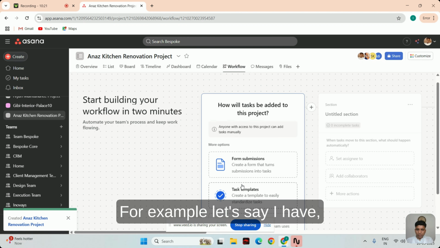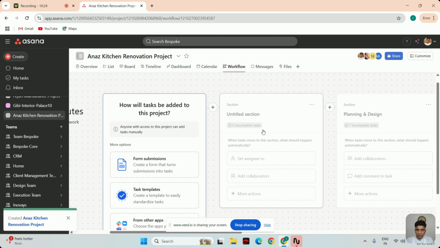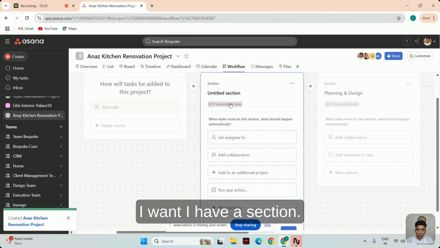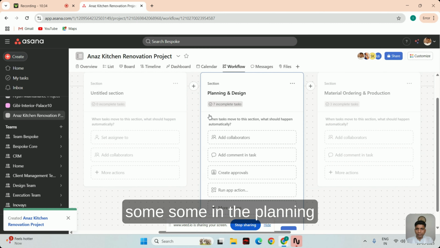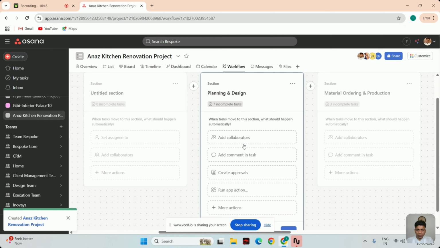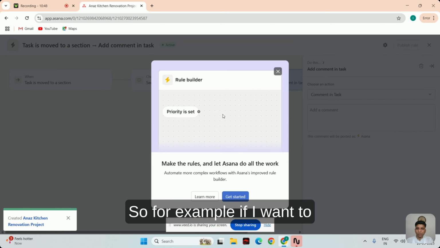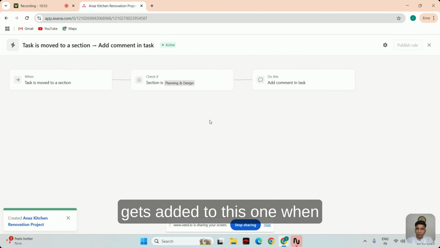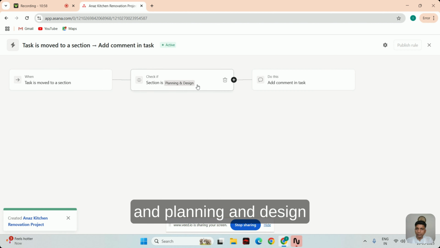For example, let's say I have some tasks in the planning and design stage. I have some tasks assigned or added to this planning and design section. Then I can set this up. So, for example, when a task moves to this section, that is, moves to the planning and design section,